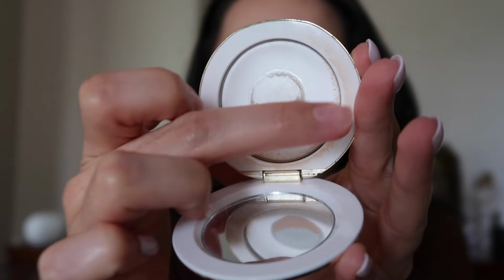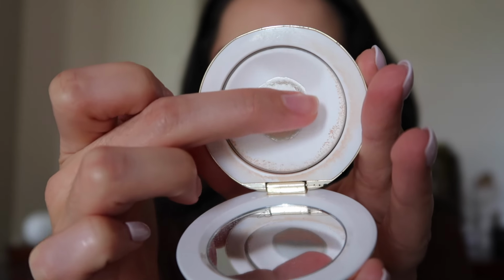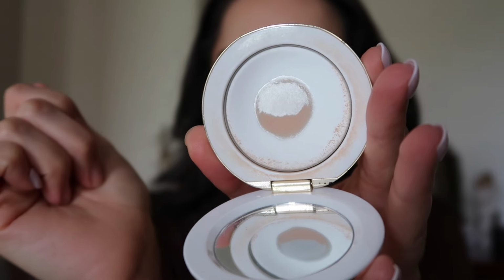Now, let's go ahead and get into comparison swatches with the cream version of these colors. By the way, really quick, I brought my Vital Press skincare powder, and I have hard pan. I got hard pan on this immediately when I tried to use this with my complexion drops. So you can see in the pan